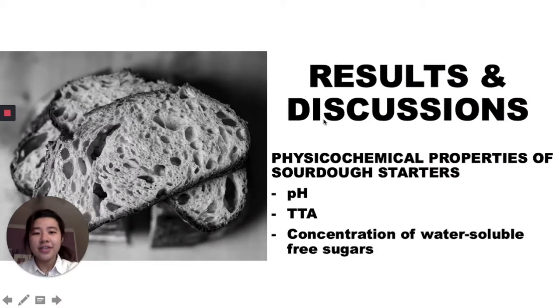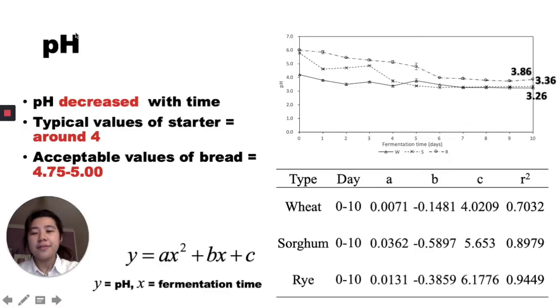For results and discussions, the first property measured is pH. The pH of all sourdough starters decreased with time, as you can see from the graph. The lowest pH was achieved by wheat sourdough starter at a value of 3.26, followed by sorghum at 3.36 and rye at 3.86. The typical values of sourdough starters will be around 4, and the acceptable values of bread will be between 4.75 and 5. That's why manufacturers have to adjust the proportion of sourdough starter in the recipe of sourdough bread to ensure that the final pH of sourdough bread will not exceed 5, so that the sour taste will not be too strong